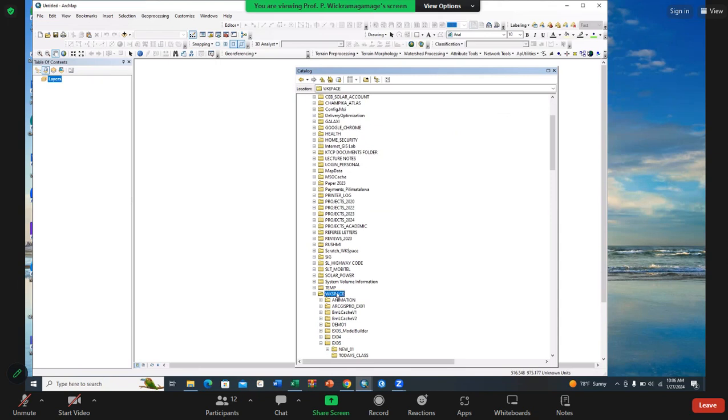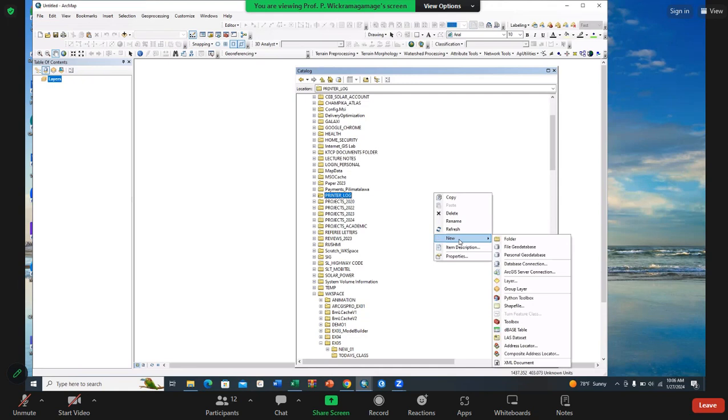If you want to create a new folder, you can do that also. All you have to do is inside this window, right click, new, and you get these options. Folder, file geodatabase, personal geodatabase, database connection, and so on. Shapefile,